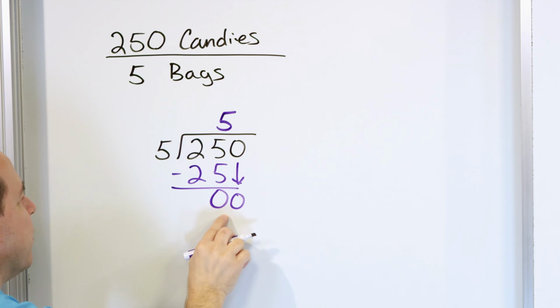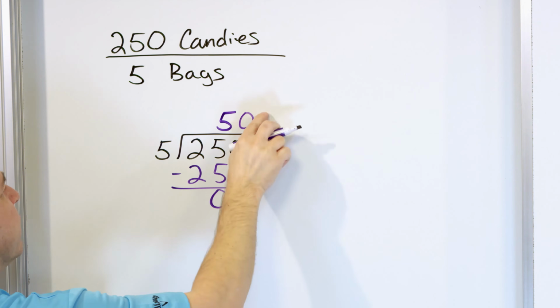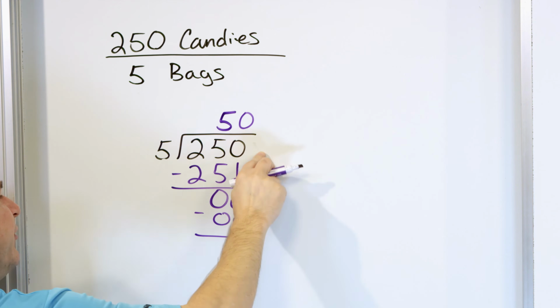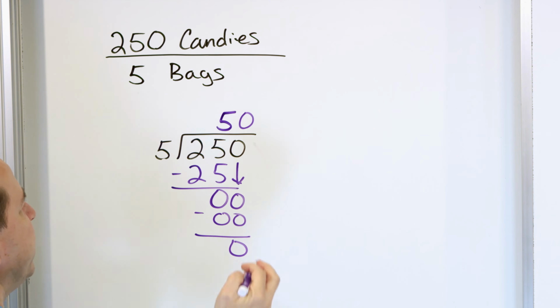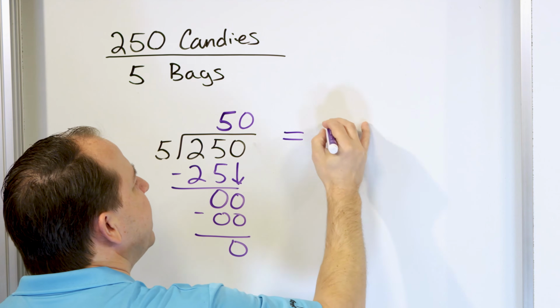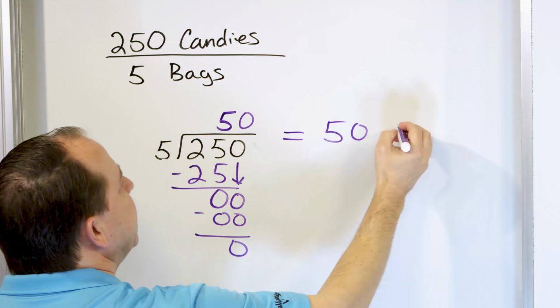5 times something is 0. The only thing that works is a 0. We multiply, we get a 0. Subtract, we get a 0. Grab the next digit, but there is no next digit. So what do we get as an answer? When we take 250 and we divide by 5, we get an answer of 50. 50 what? 50 candies